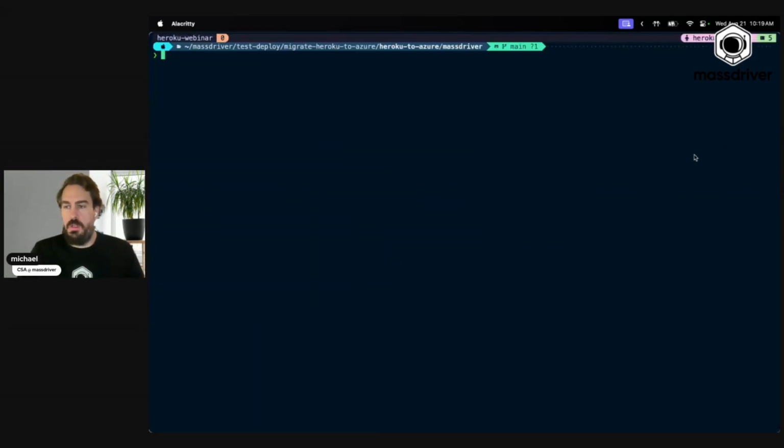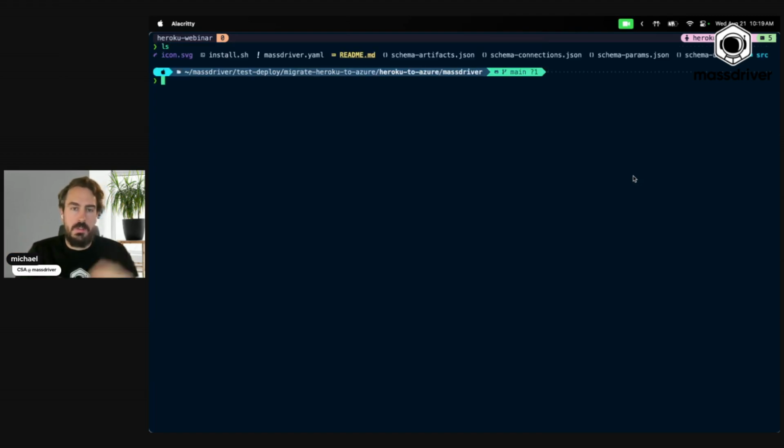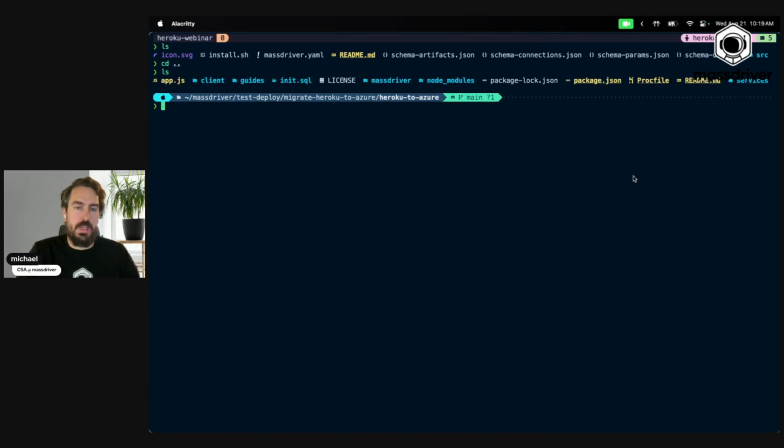Okay, so what I want to do now, in order to run my application in AKS, Azure Kubernetes Service, I want to Dockerize my application. That's best practice. That's not how I have my application configured right now. If we ls, oops, wrong directory, in ls, I have no Docker files here at all. So we're going to go through the process of Dockerizing